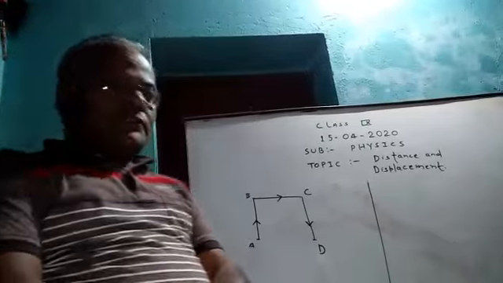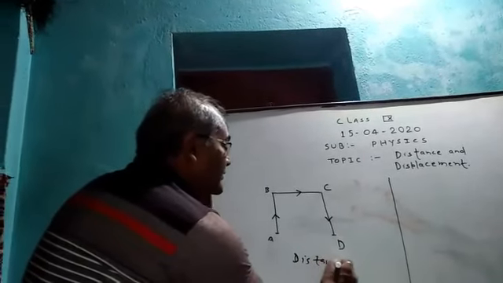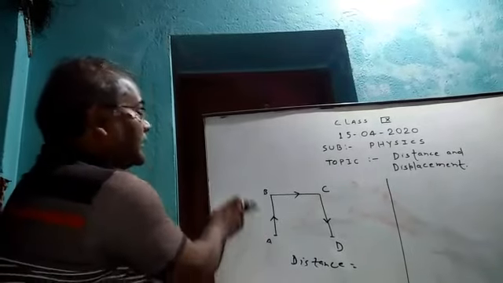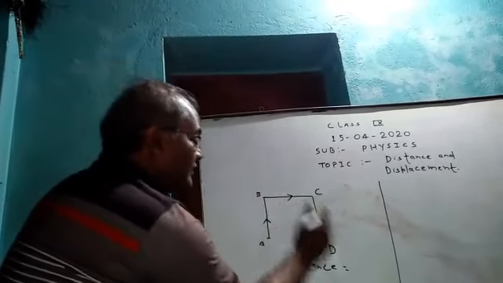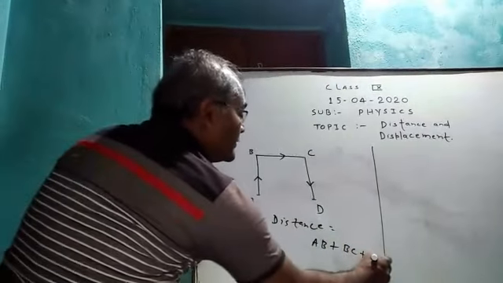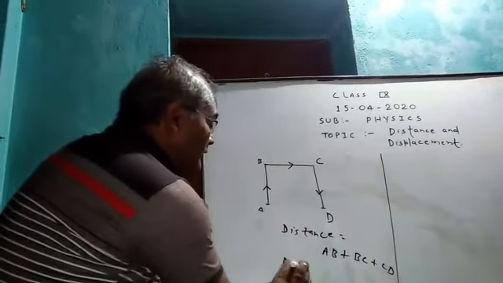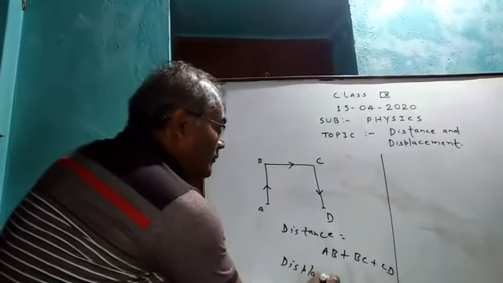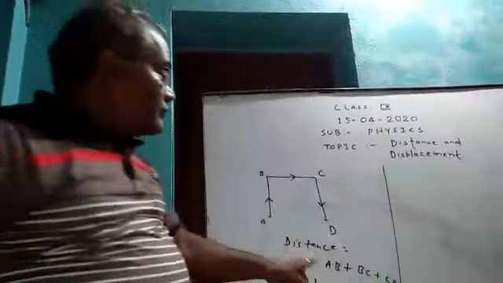Just be clear here, distance will be AB plus BC plus CD. But displacement will not be equal to that,